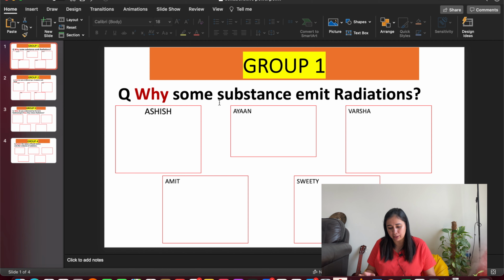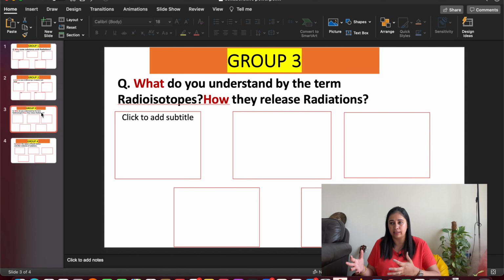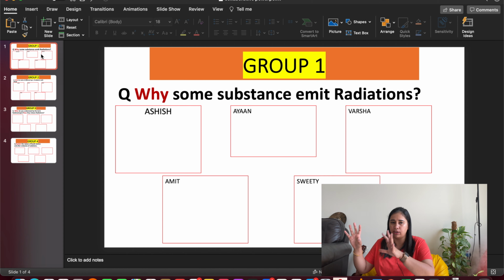Now maybe group number 2, the students who are a little low, you need to give some drawing activity or just a simple question. You include it there and write down their names. Then group 3, maybe the students who are really fast, and you need to include 2-3 questions for them. You give them this work. Then group number 4. It totally depends on how you want to divide the groups. Now I've divided the groups, and I've given them different work.